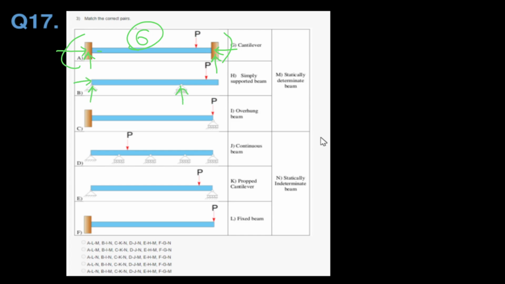Here you will get a horizontal only. So you have only 3 reactions. In this you have a cantilever fixed, so both horizontal, vertical and a moment. So you will get 3. Here you will get another roller, so you will get 1. 3 plus 1, here you get 4. Okay,